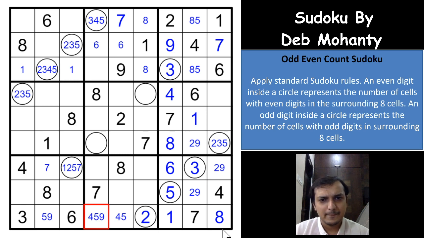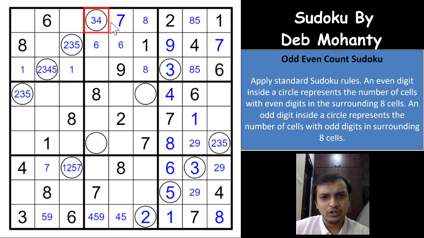1, 9. Okay. Okay, you cannot have a 5 here, right? Superb. So if you have a 5 here, all of these digits will have to be odd, and we already marked that 6 has to be in one of these two cells, which means you cannot have a 5 here, and